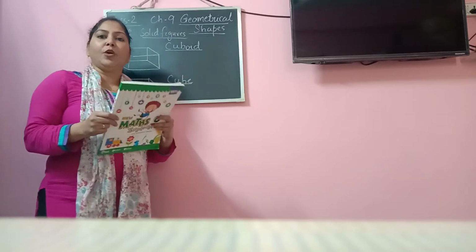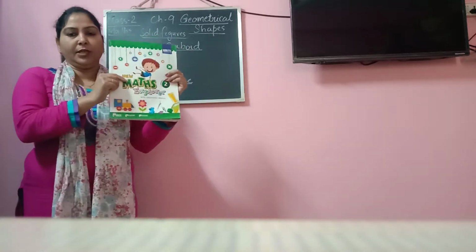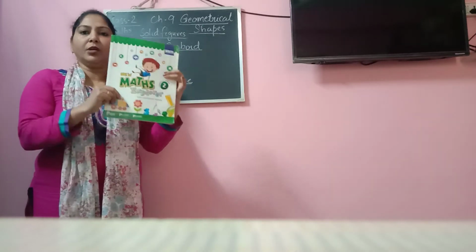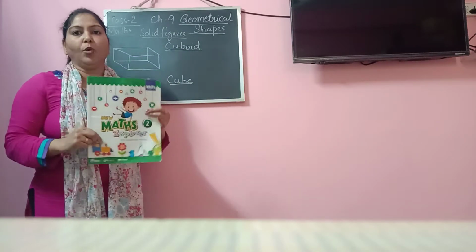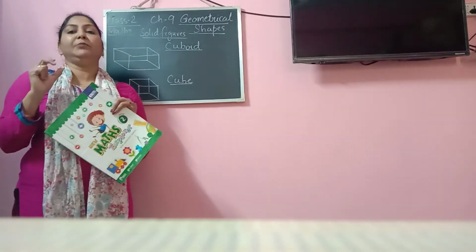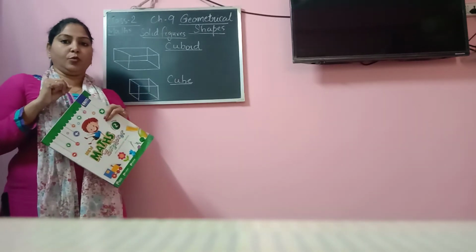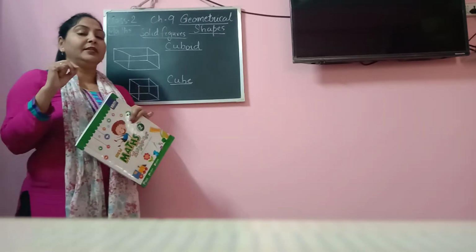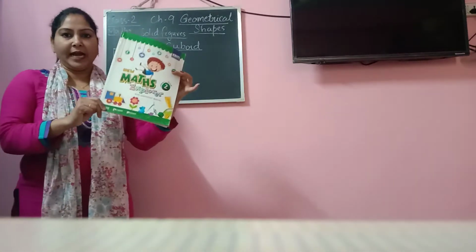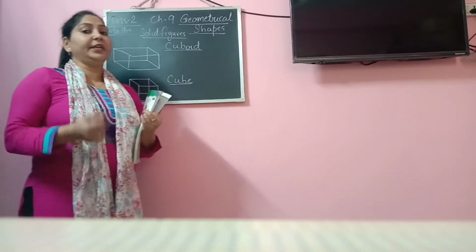And you can see every object has got some shape, isn't it? Like, I am holding this book. I am able to hold the book. Right? So this is a solid shape or a solid figure which I can hold in my hand. And the solid figures or solid shapes will have 3 dimensions. They are also known as 3D figures. Solid shapes you can call 3D figures also. Like for example, the book in my hand is also a 3D figure. So we are going to learn about 3D figures.